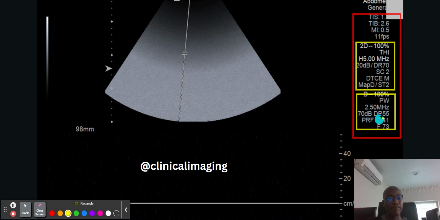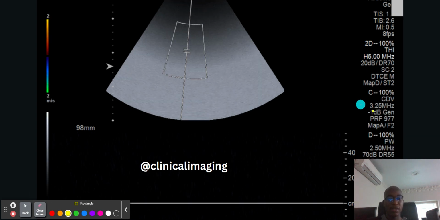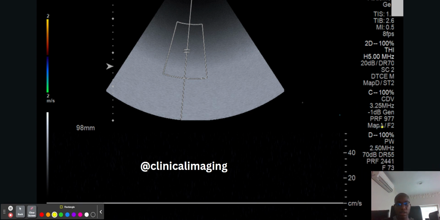So that is how the image here tells us what the parameters are and the parameters with which we acquire our information. So if we go to this one,